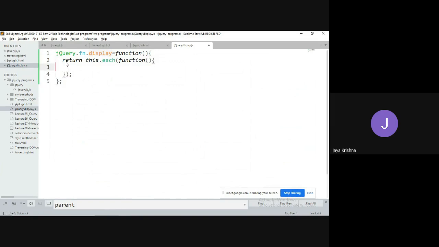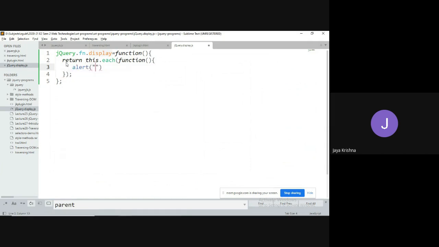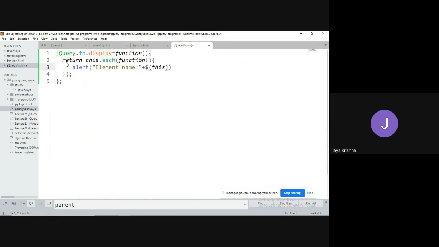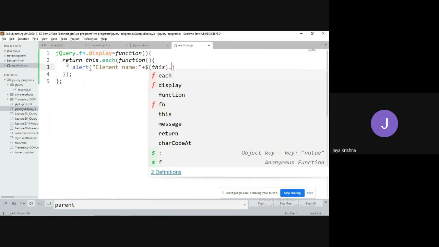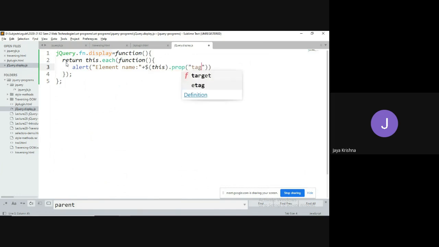It is going to end with a semicolon. I would like to display all the elements, so element name plus dollar of this dot tag name.